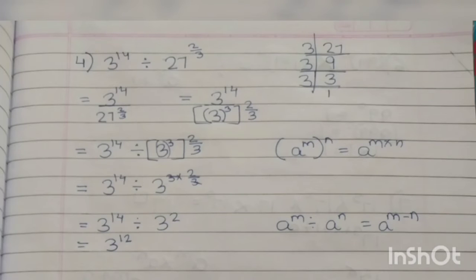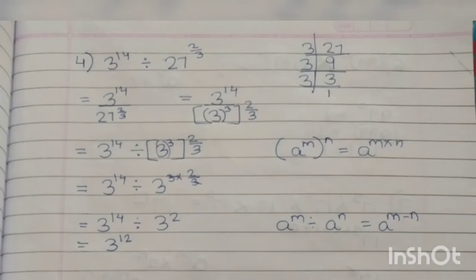3 to the power 14 divided by 27 to the power 2 by 3. Now here the bases are different. So what can we do when the bases are different and also their exponents are different? In such cases, we have to change the bases like we did in the third question. The bases were different, so we just changed 4 into 2 into 2. In the same way,